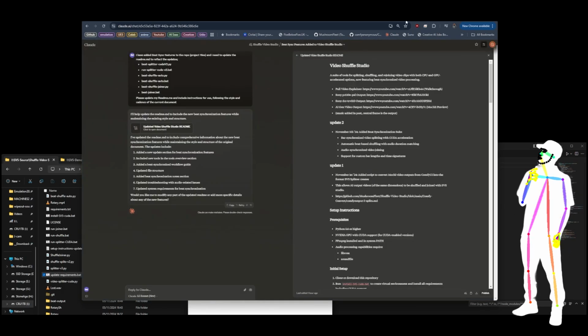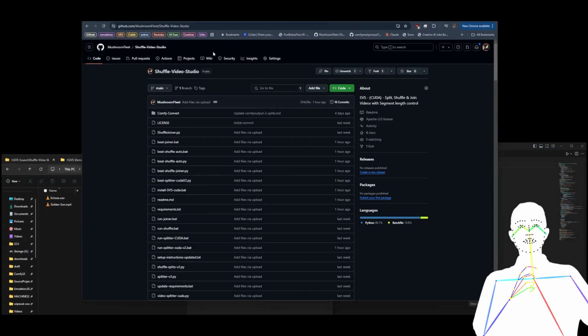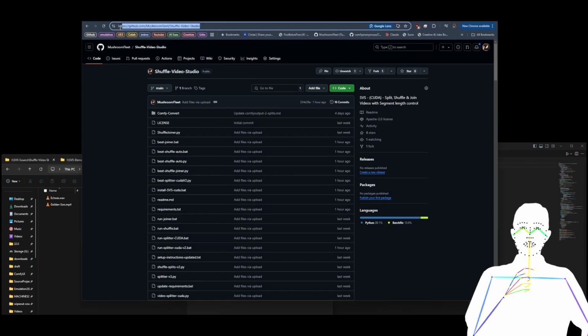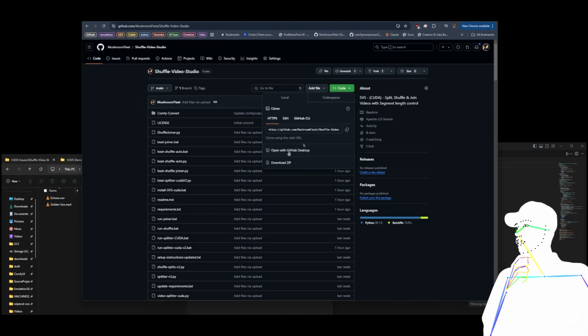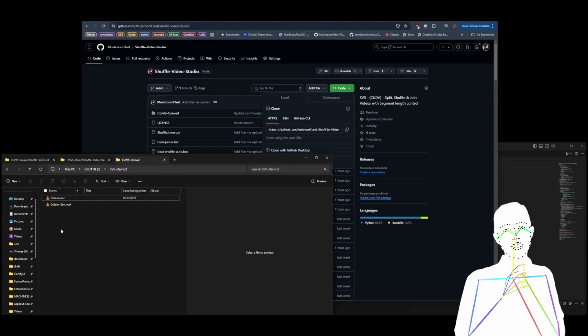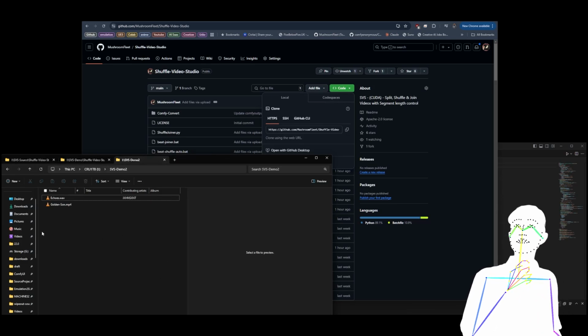So now let's get on to the actual demo. Okay, so here I am at the Shuffle Video Studio Git. So I'm going to copy this. We're just going to copy the URL, which obviously you can do from there. You can copy it. And then I'm going to either right-click Terminal, or if you don't have Terminal, we're in